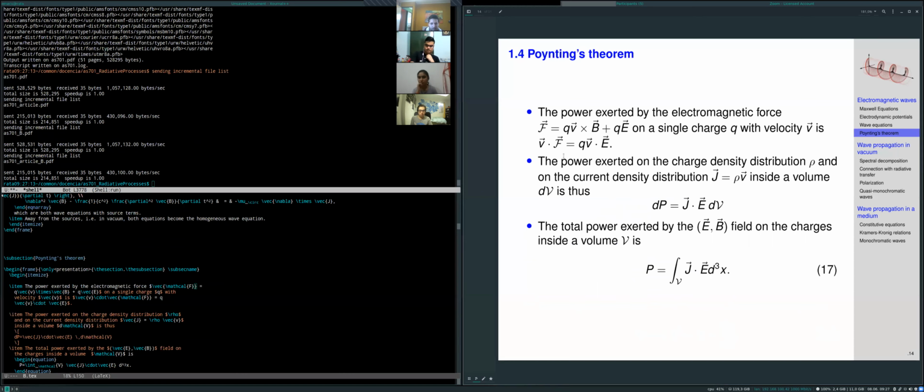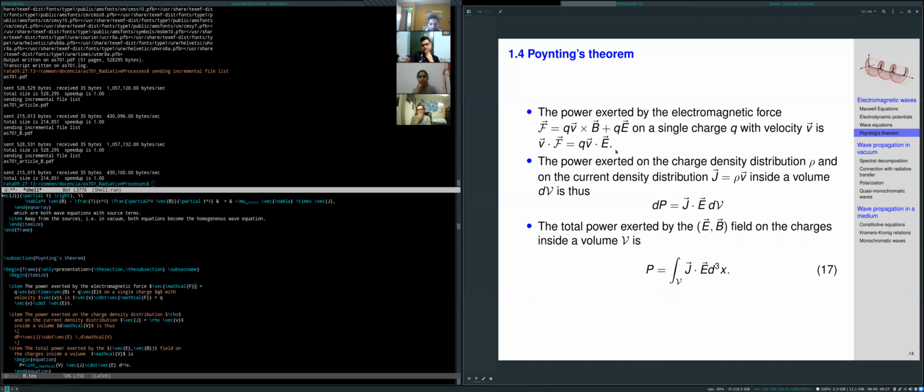We see that the magnetic field exerts no power. When we take the dot product with the velocity, this term cancels out. And so the power exerted on a single charge is just the charge times the velocity dot the electric field. Okay, and so we can extend this